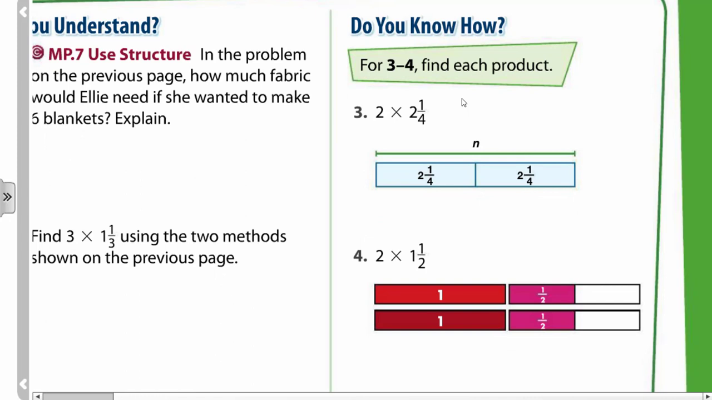Okay, my heroes, what we will do today, we will solve questions like these, questions 3 and 4. We're multiplying a whole number by a mixed number. Oh, that's new. Okay, to start,